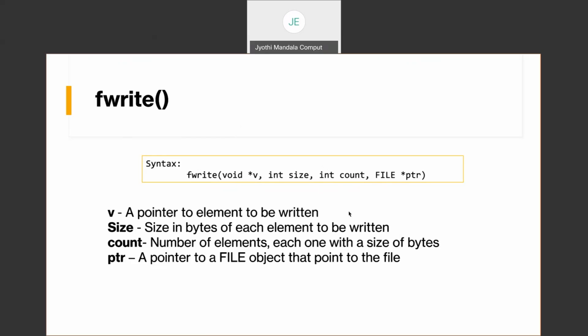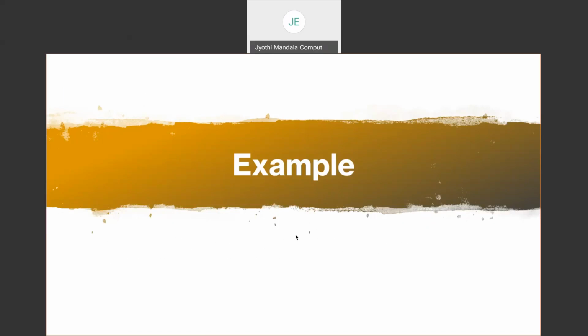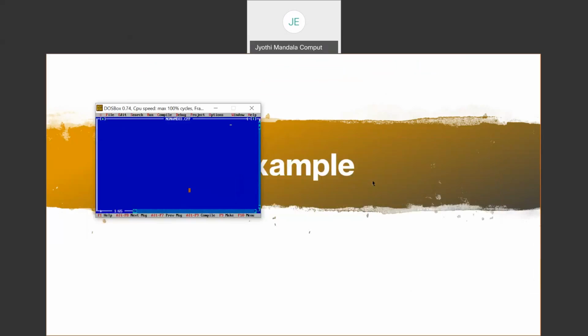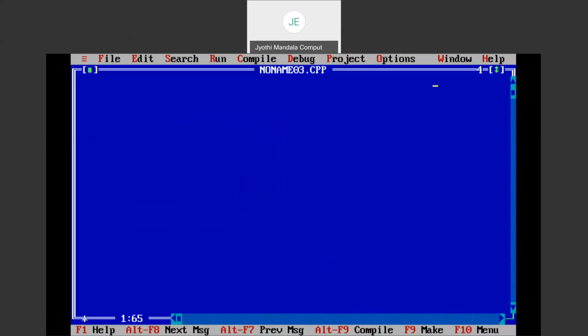So what we'll do is, let us take one simple example. This example will be how to write structured data into this file. Okay, so to understand this one, let me take one simple example, and using this example, it will be very clear to you all. Okay, so let me open the editor first. Now here what we are going to do is,